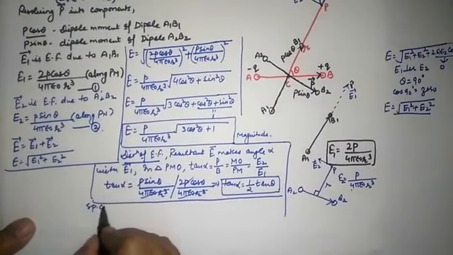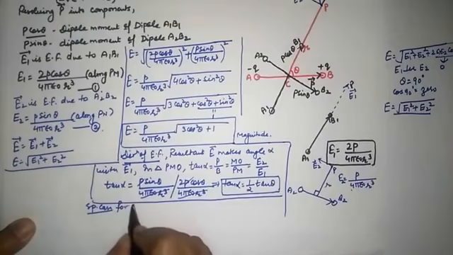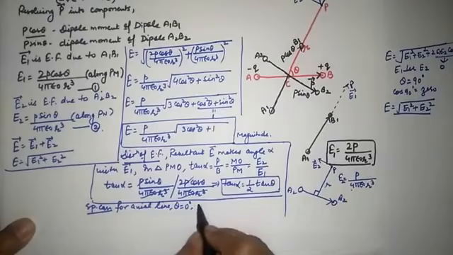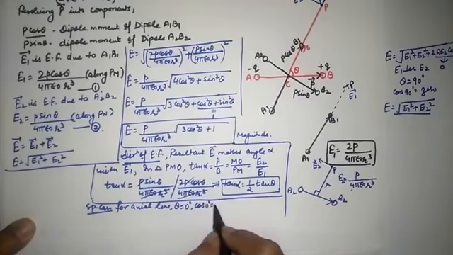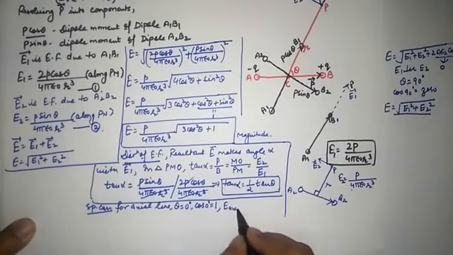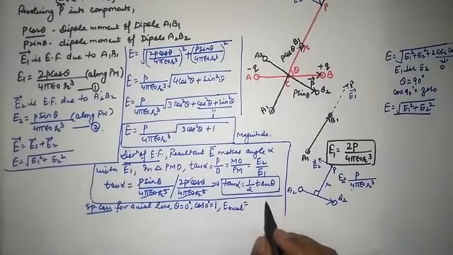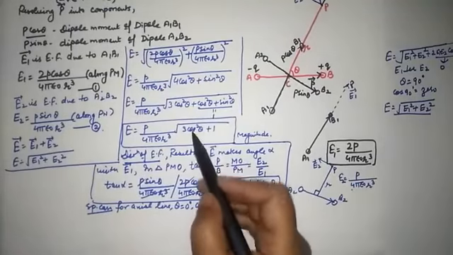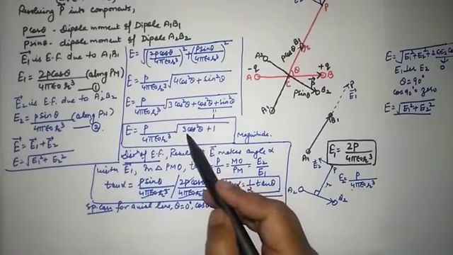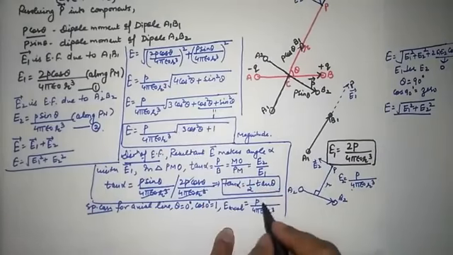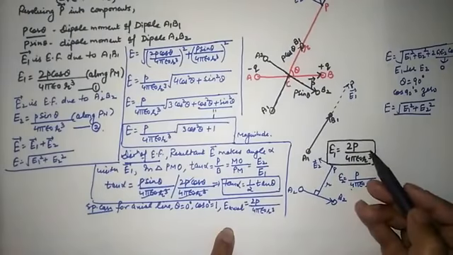So if we take special cases, special case for axial line, theta is equal to 0 degree. And what is cos 0? Cos 0 is 1. So if we put the value here, E axial is equal to p upon 4 pi epsilon naught r cube, and this cos 0 becomes 1. So here we have 3 plus 1, that is 4, and square root of 4 is 2. So this is the expression that we have for the axial line.